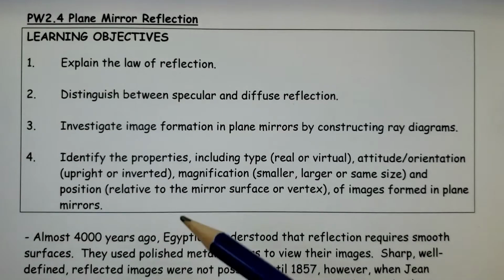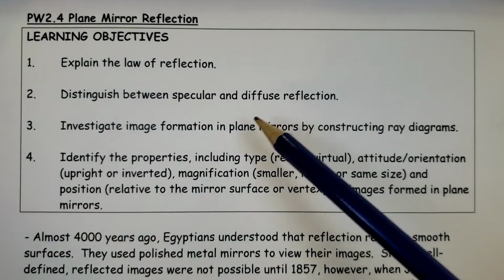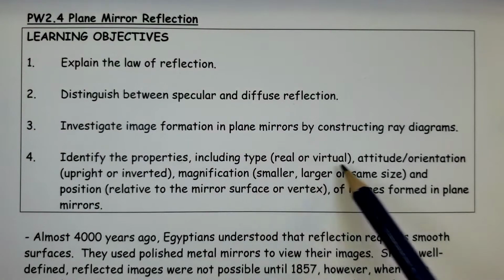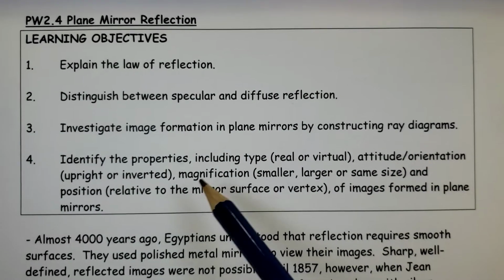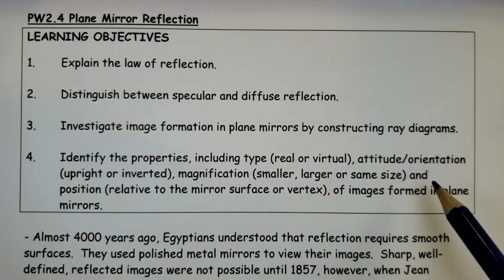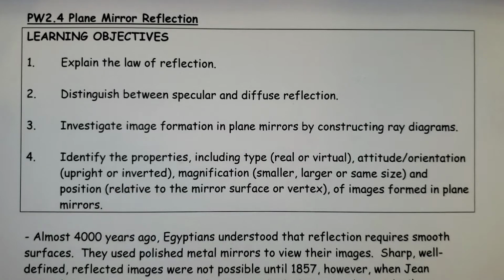So we'll look at the law of reflection, distinguish between specular and diffuse reflection, and investigate image formation in plane mirrors by constructing ray diagrams. We'll identify the properties, including type, whether it's real or virtual; attitude or orientation, which is upright or inverted; magnification, is it smaller, larger, or the same size; and position relative to the mirror surface or vertex